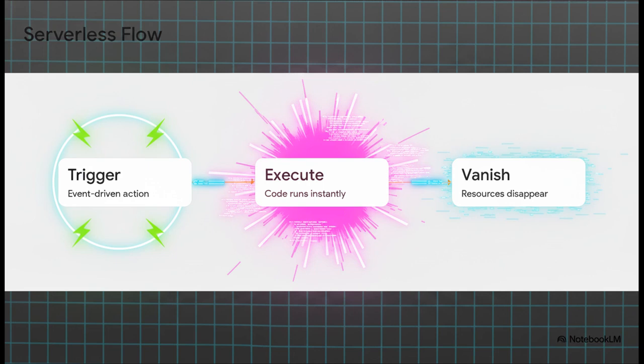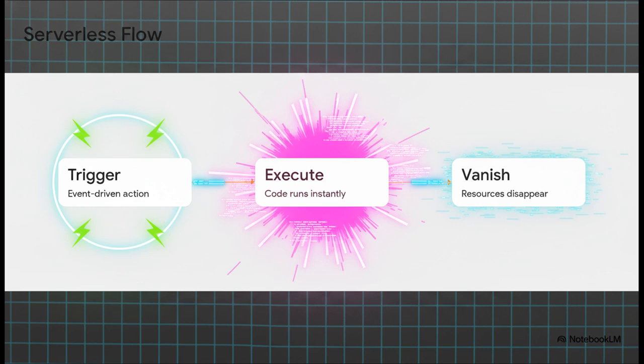To really understand on-demand execution, I want you to picture a silent, perfectly clean, neon-lit digital grid just waiting for a spark. Serverless operates entirely on triggers. Imagine glowing data flowing smoothly through that neon grid. Step 1, an event occurs. Maybe a user clicks a button on your website or they upload a photo. Step 2, instantly, a sudden burst of computing activity sparks to life. Your specific piece of code executes in an absolute flash.